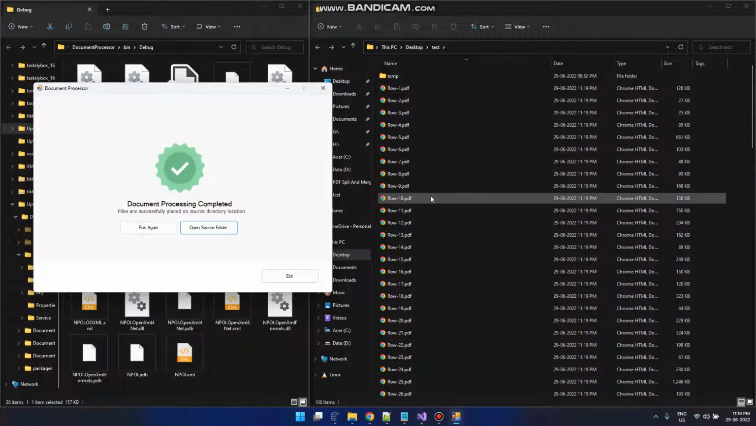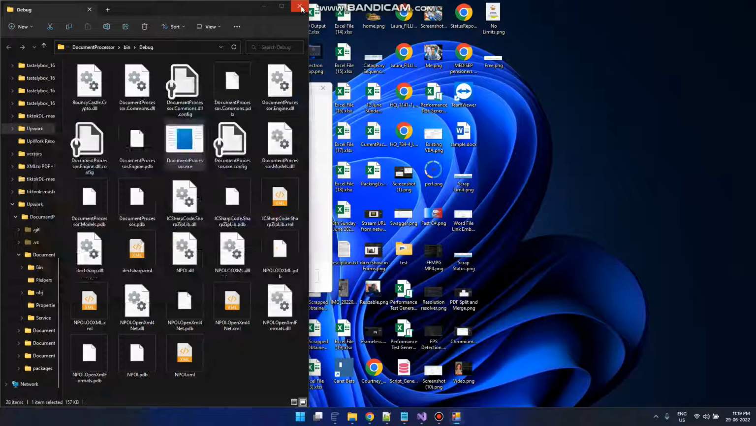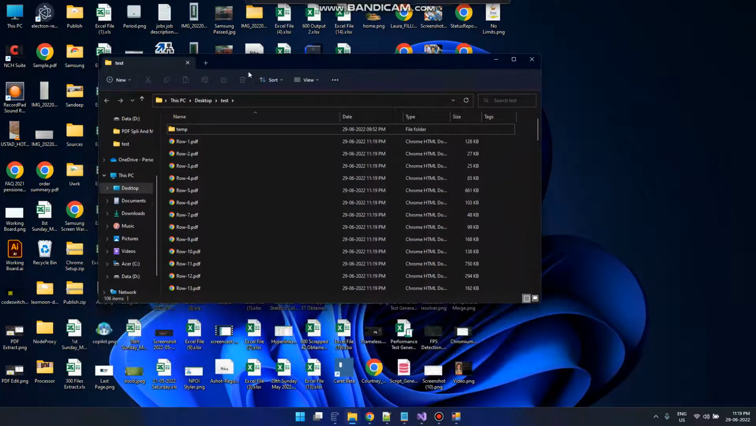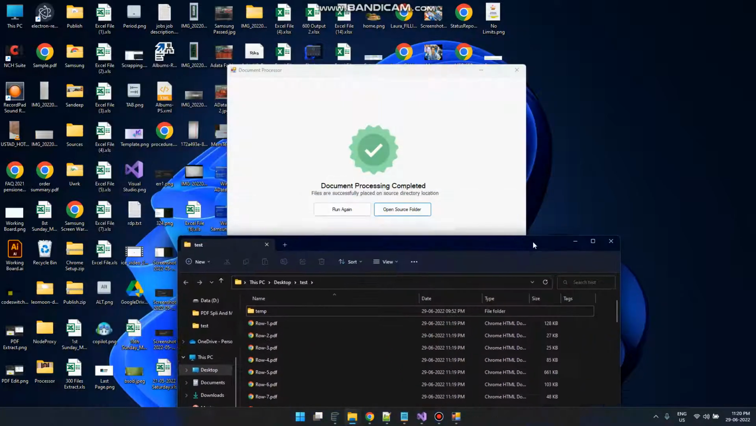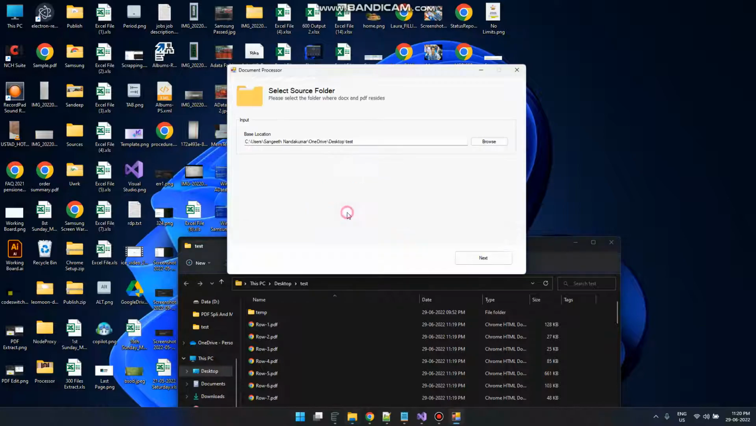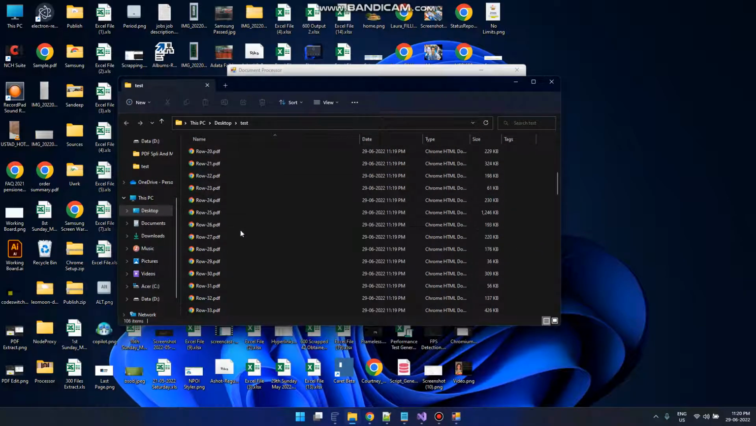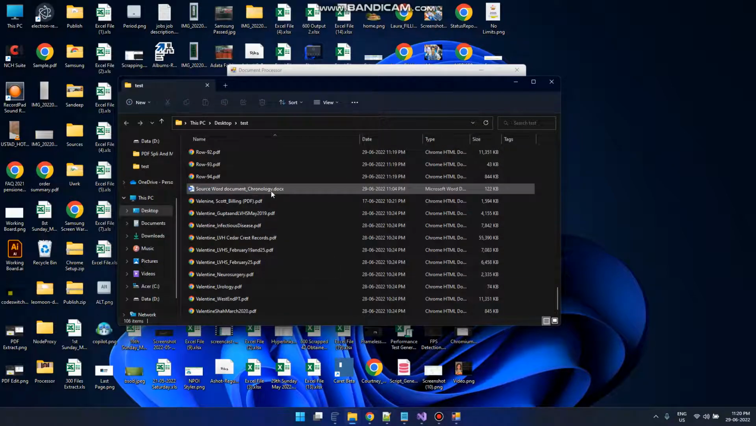the row number. Now once we are at this stage, there is a button to open the source folder. If I click over here, I can open the selected source folder, and if I click on run here, I can start again. Now if I open the source folder, we have all the files created over here, and if I open the respective document,